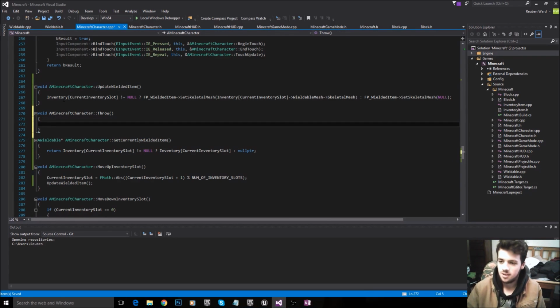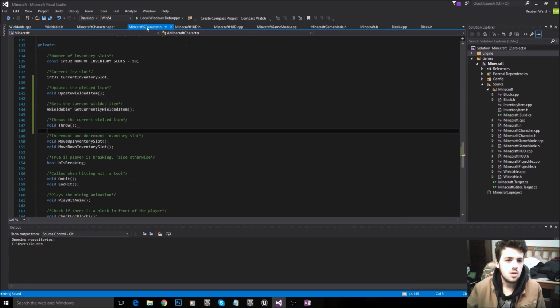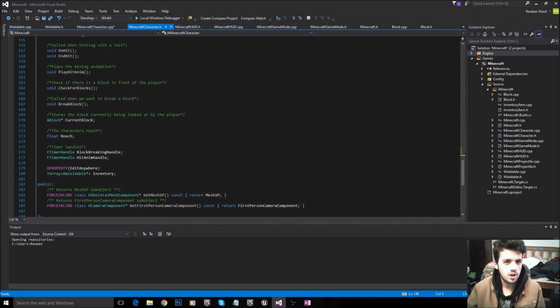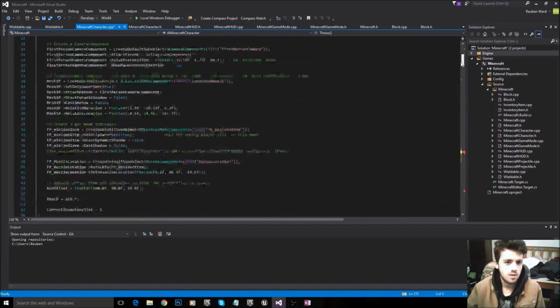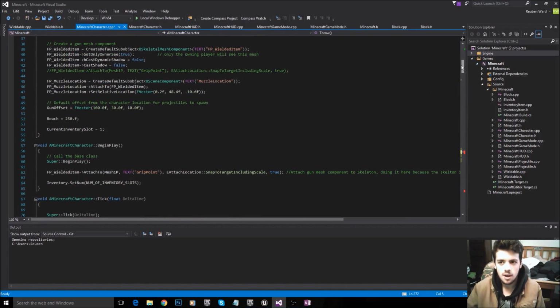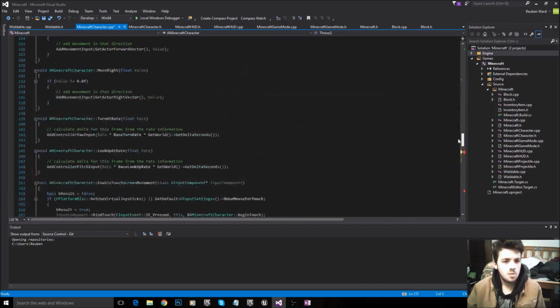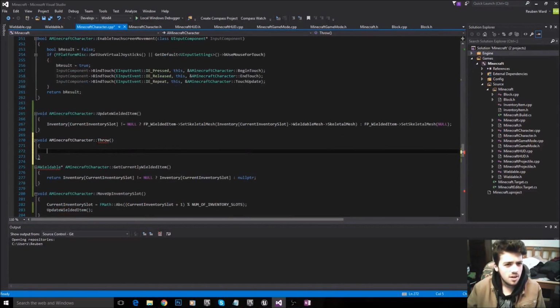The idea of throw, and again I'm being really quick here because I want to keep this under 20 minutes, is we cast a ray, we ray cast, we say, alright, is there an item blocking where we're trying to drop the item? If there is, drop it in front of the blocking item. If there isn't a blocking item, drop it at the end of the raycast. And the raycast is going to be about 300 units long, which is a pretty short raycast. We can also use reach. I'm going to use reach to drop the item on the ground, so we'll only drop it as far as the character can reach. And reach is 250. Okay. Right. I know I'm speaking really fast, but again, I need to get this done nice and quickly. So let's get it out of the way.